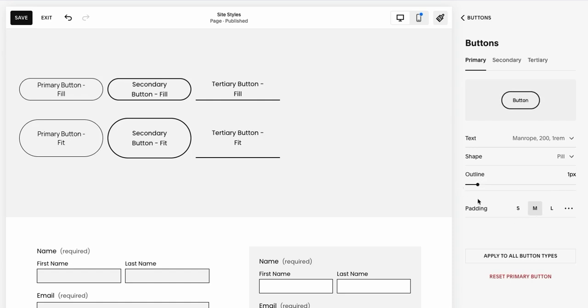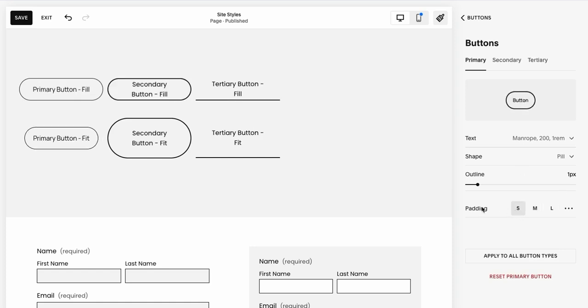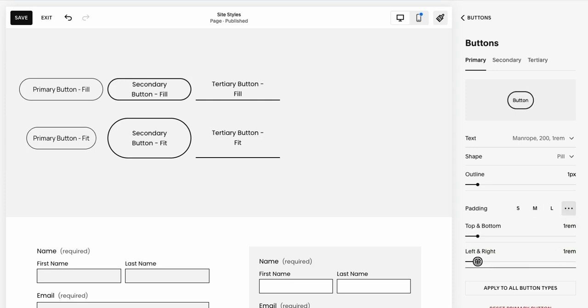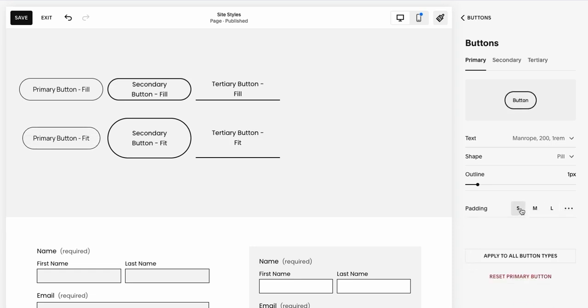And then the padding is how much of an extra gap has this got around. So I can then change this, or I could come in and manually override it. So then that means I can again just either slide this, and you can see down the bottom here, that is just changing over here. Now I like to make it not too small because otherwise the text won't be able to properly fit inside. So you do need a bit of breathing room, which is why often I like just to use these pre-selected